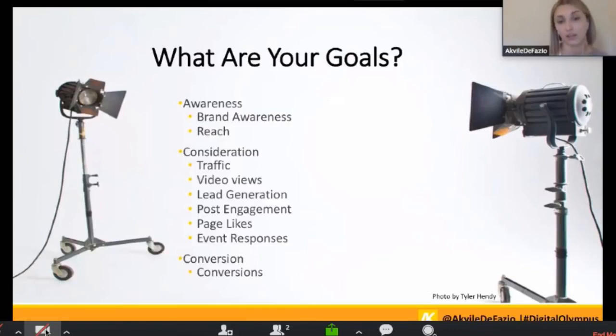And if they are a little bit further down the funnel, you'll want to try a consideration type of campaign. So at this point, they've had experience with your brand, they've seen something. So this is another excellent way to test different messaging and to test different types of campaign objectives.